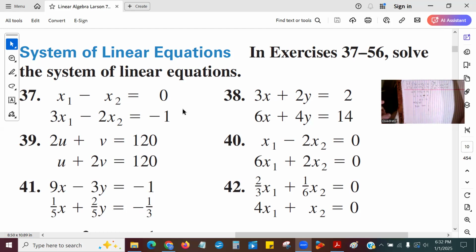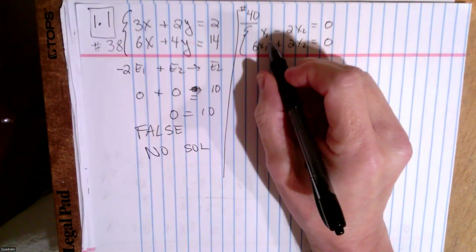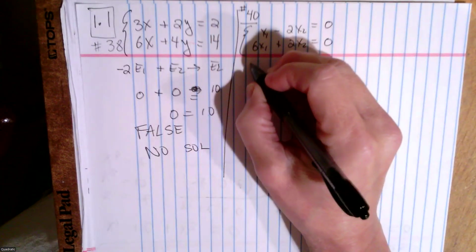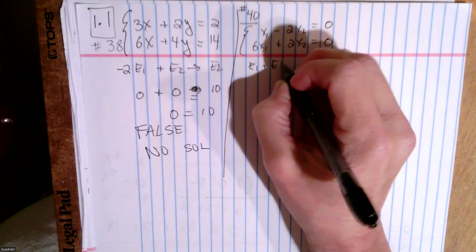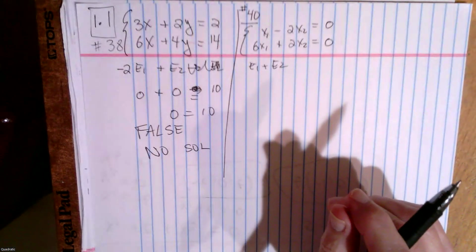Okay, let me stop the share. All right, so I'm just going to add the two equations up. I'm going to add equation 1 plus equation 2, and that's going to give me